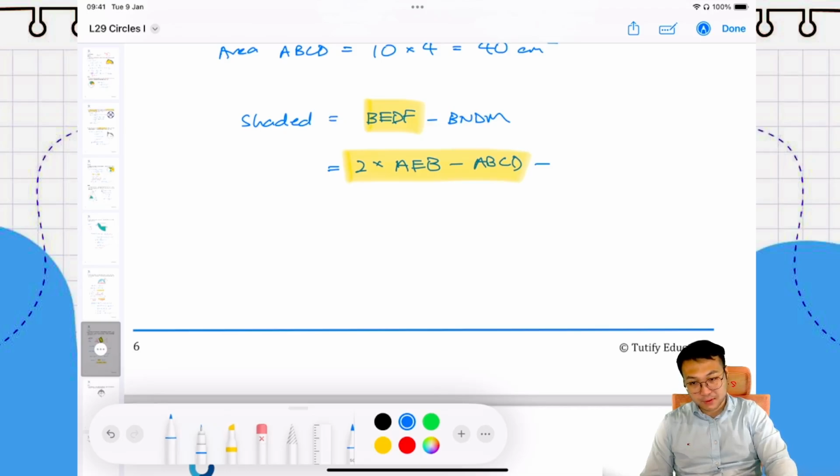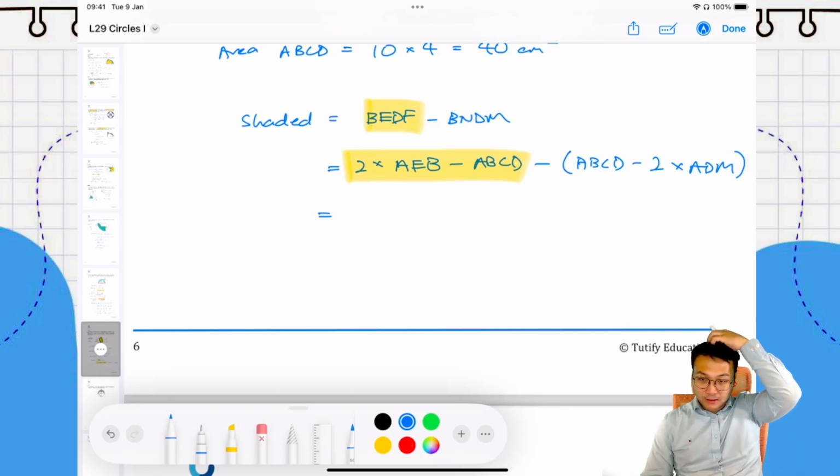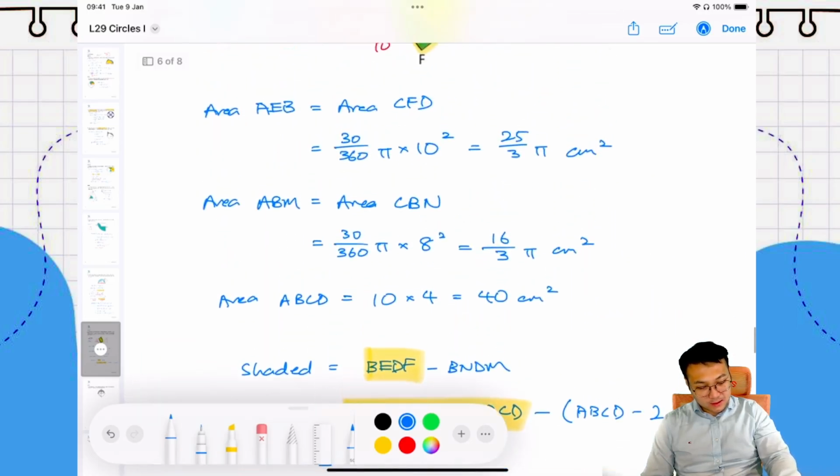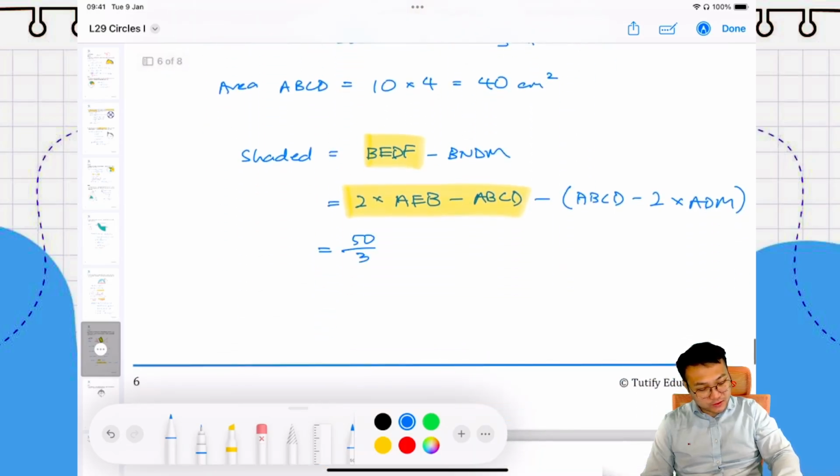How do you find BNDM? You take the parallelogram minus 2 of the smaller pizzas. Now you already know that AEB, which is the bigger pizza, equals 25 over 3. So if you multiply it by 2, you get 50 over 3. Then you minus away ABCD, and then you need to minus another ABCD here. However, minus and minus gives you a positive. So we need to add